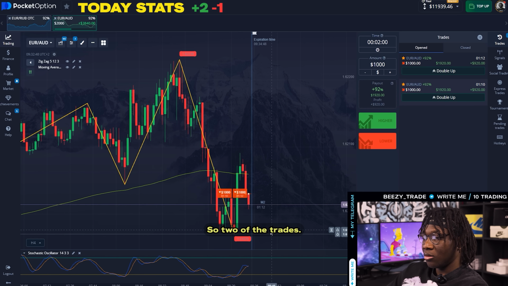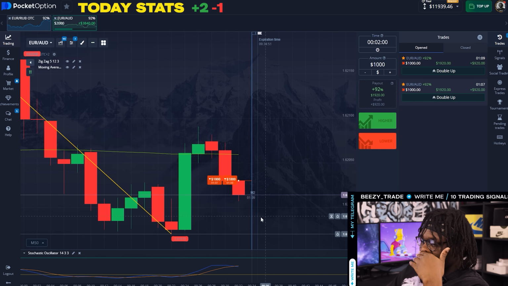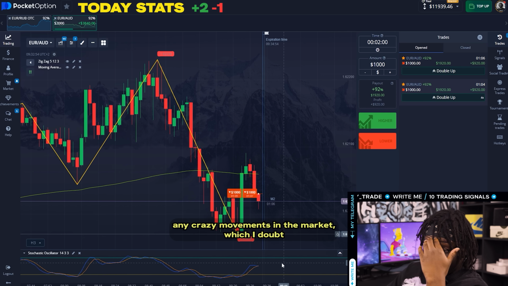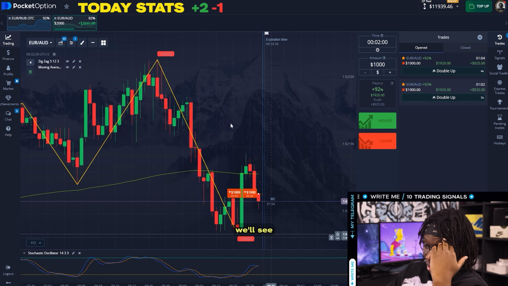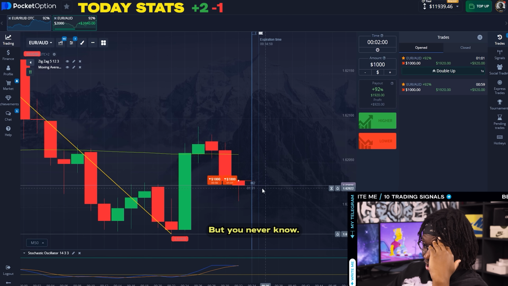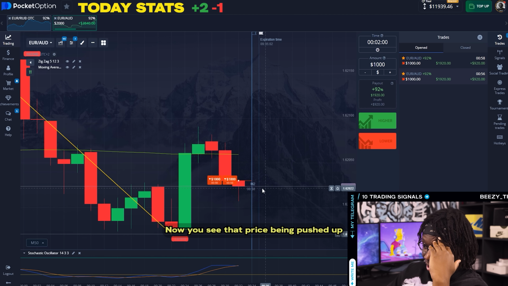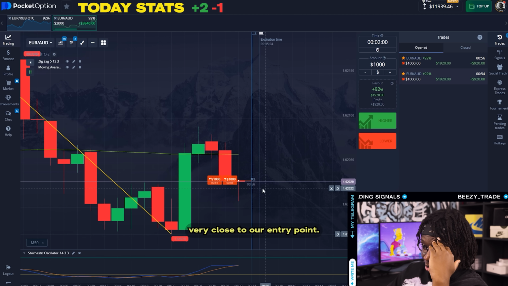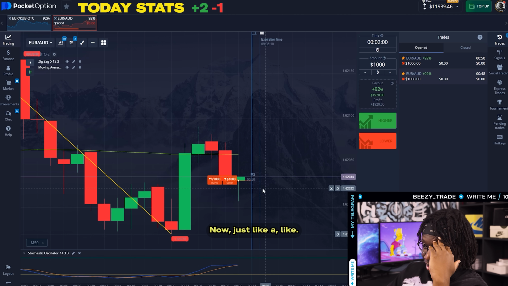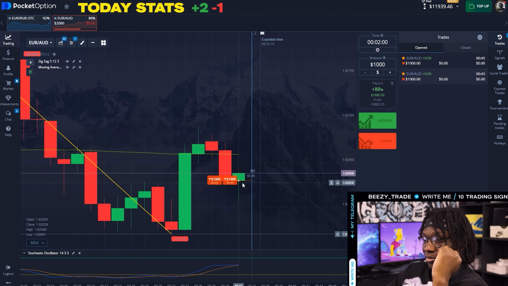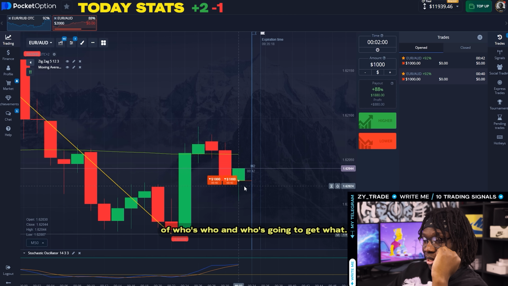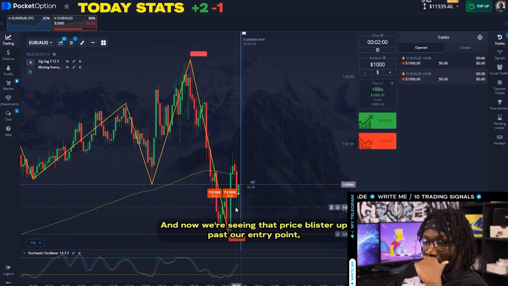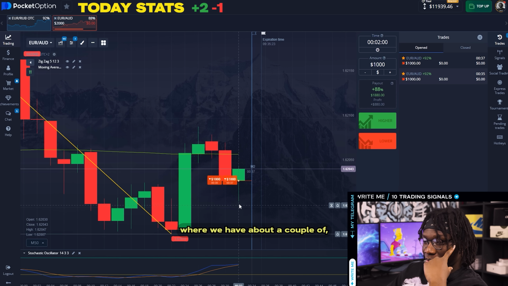So 2 other trades. We don't see any crazy movements in the market, which I doubt we'll see, at least. But you never know. Now we can see that price being pushed up, very close to our entry point. Now it's pushed past it. Now it's just like a tug of war at the moment of who's who and who's gonna get what. And now we're seeing that price blister up past our entry point when we have about a couple of